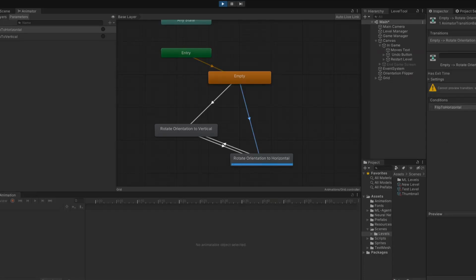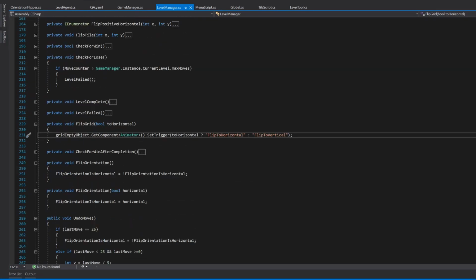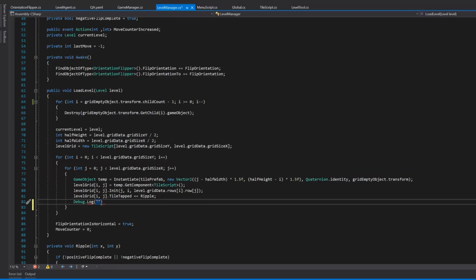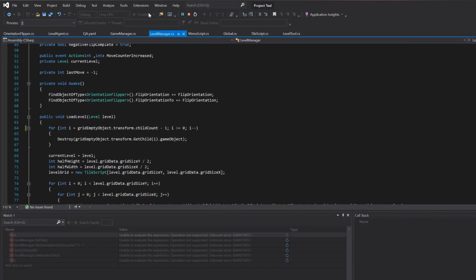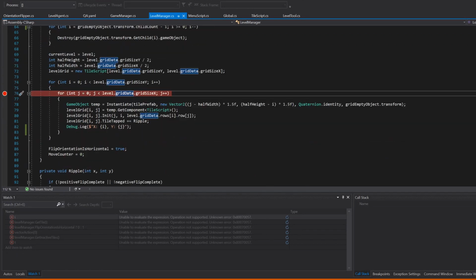I checked the animator controller for the grid, that seemed okay. I checked out the logic for changing the orientation, and that seemed fine too. I narrowed it down to the tile spawning logic I had for the grid. Third, use tools to your advantage to gather as much information as you can. In my case, I used debug logs and attached the Visual Studio debugger to Unity. I put breakpoints in my script to see the flow of the code.